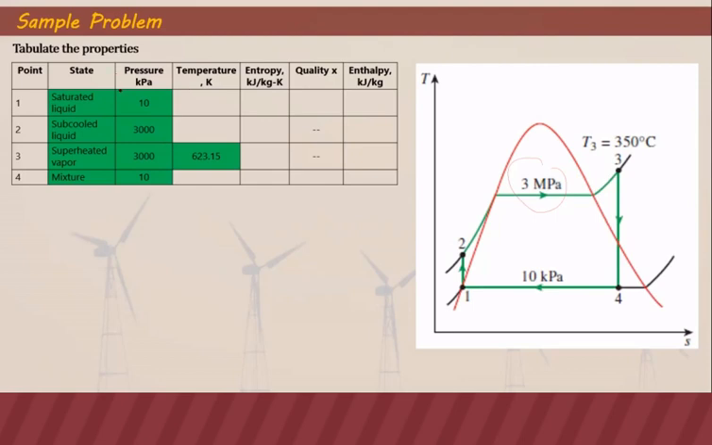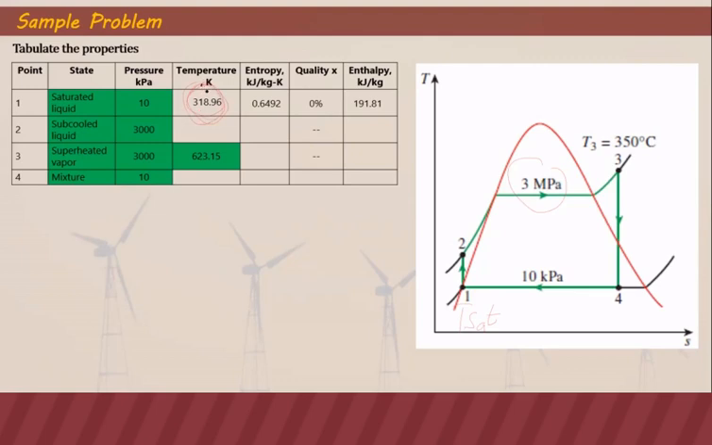The first one, we are going to tabulate the unknown values at point 1. At point 1, we have a saturated liquid at 10 kPa. Since this is steam or water, then we can use the steam table or the software. So for the temperature, we are going to look at the TSAT or the saturation temperature at 10 kilopascal, and the TSAT at 10 kilopascal is